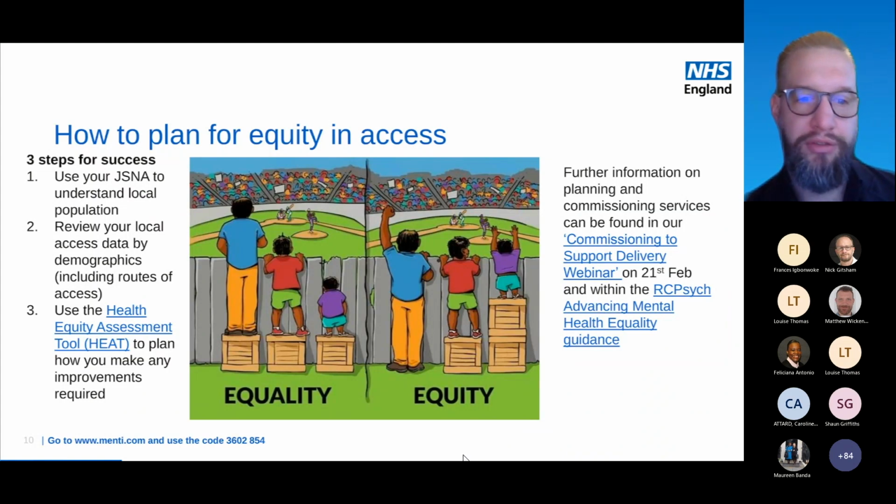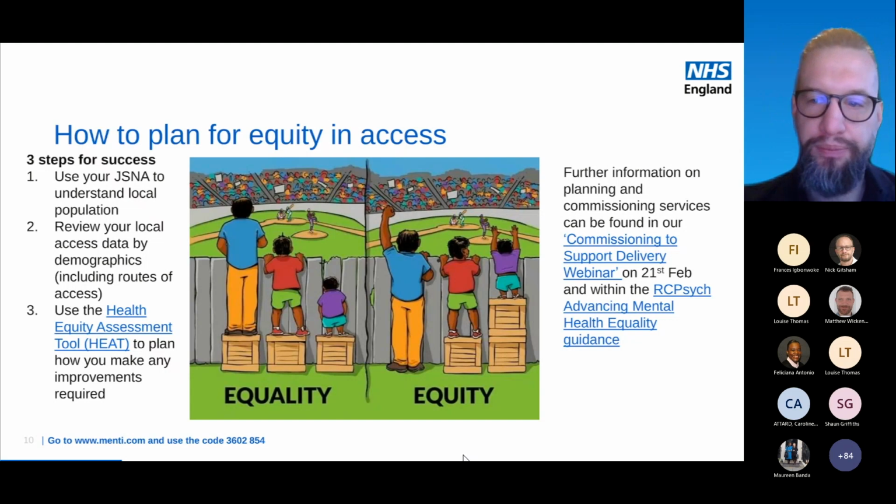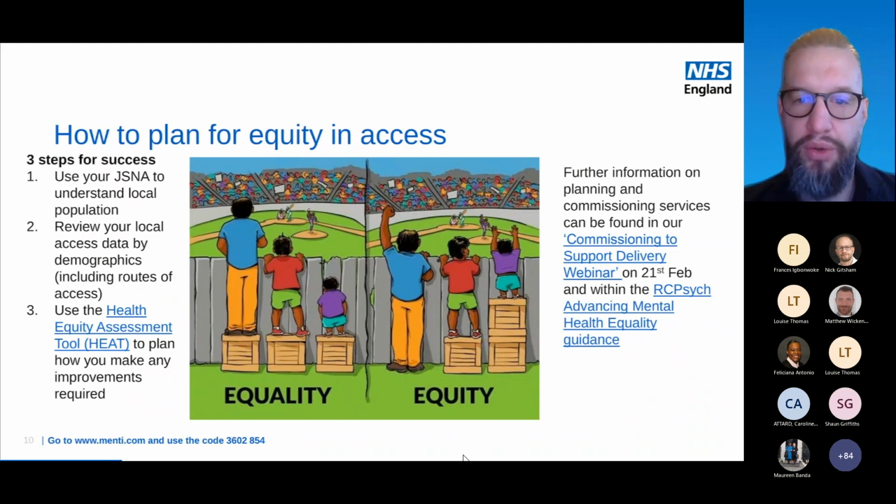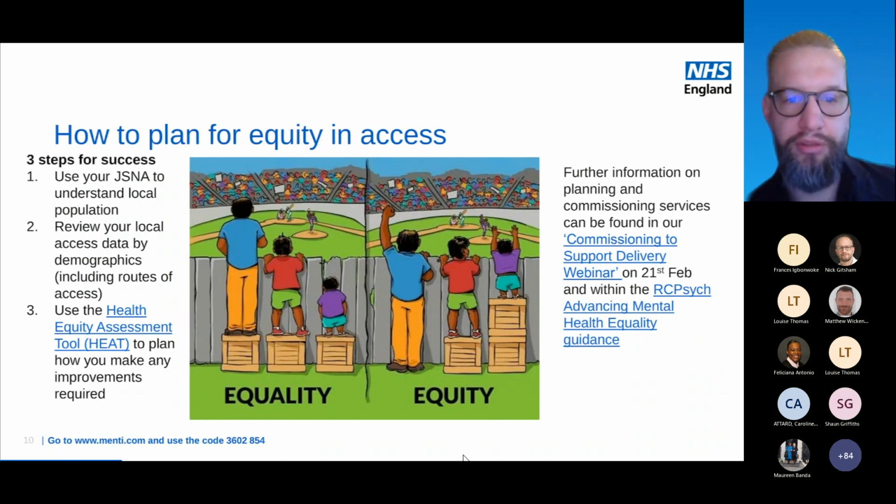So a key exam question for any access improvement work is, does this service deliver more equitable access for all members of the community? And in order to answer this question, it's important there's a collective understanding of who the excluded groups are within your local communities and what barriers they face to accessing treatment. So we strongly recommend that commissioners and providers of services follow these 3 steps. Firstly, use local population data, for example, from your JSNA, and there are other population analyses as well, to understand how different groups are represented within your local population.